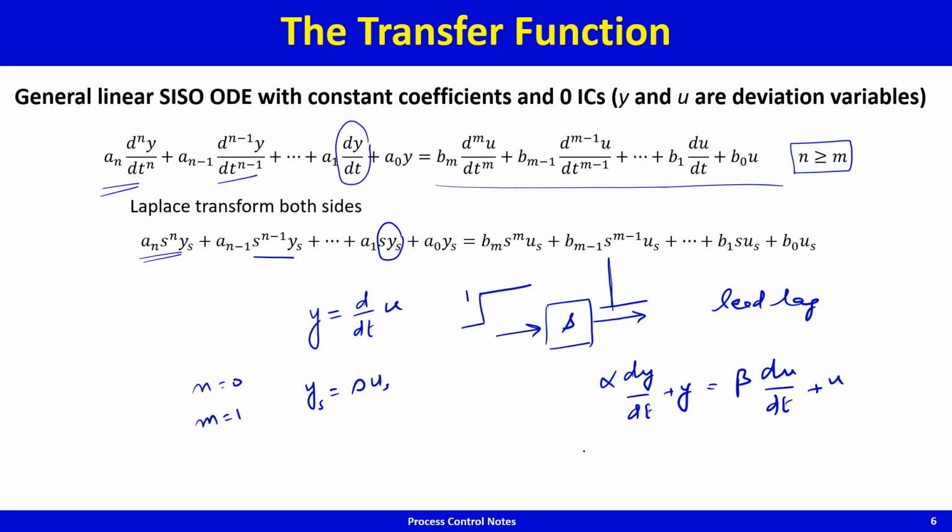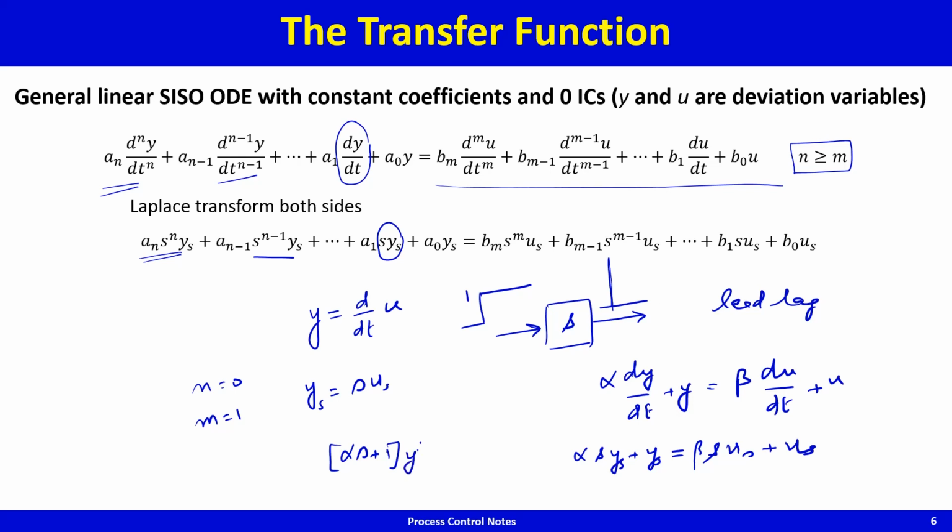Now if you take the Laplace transform of both sides, you have alpha times s times y of s plus y of s is equal to beta times s times u of s plus u of s, and so what you get is alpha s plus 1